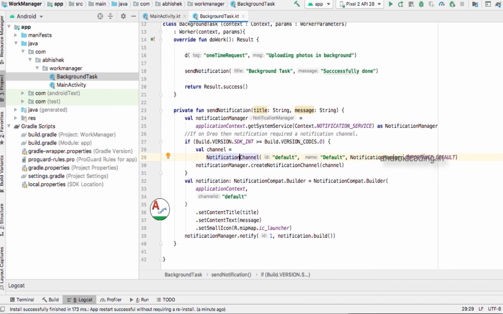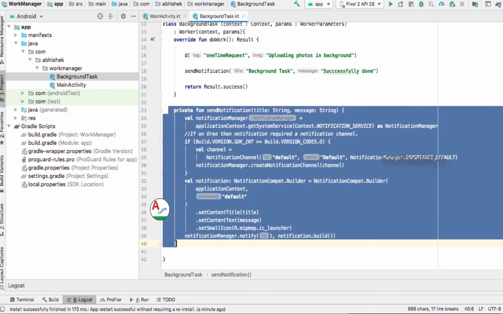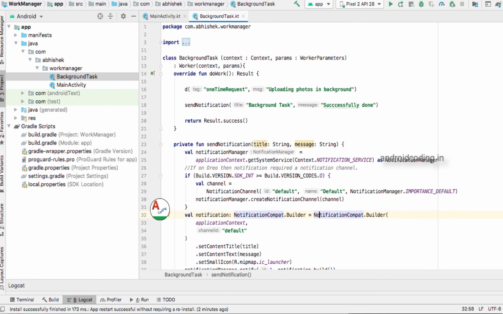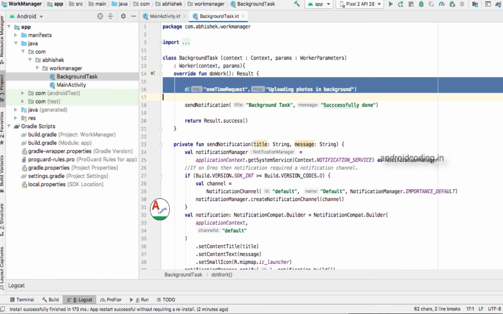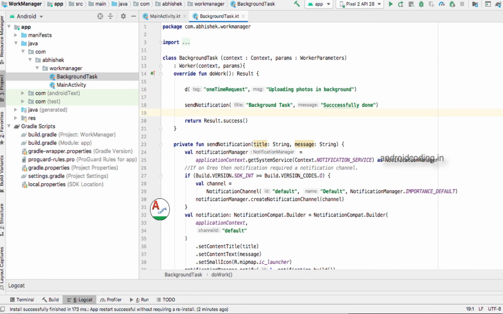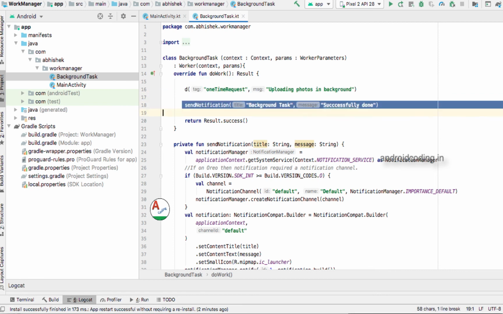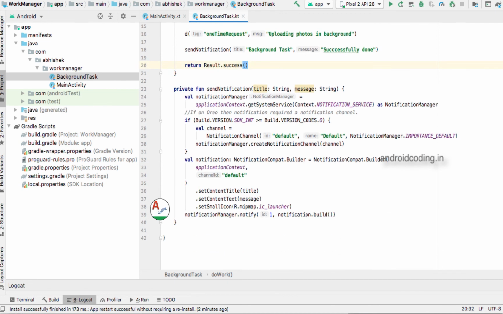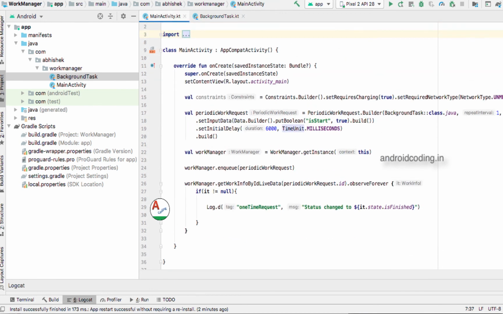In the background task, you can see we have initialized one send notification method, by which we pass a notification after the successful completion of the work. Here we have provided the work to be done, and later on we are sending a notification that the background task is successfully done. In this way we implement our periodic work request.